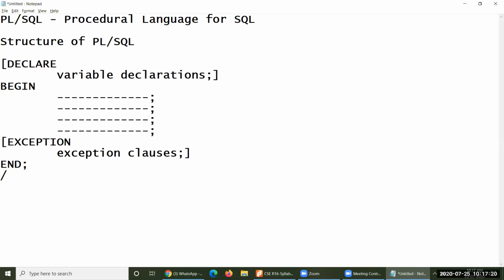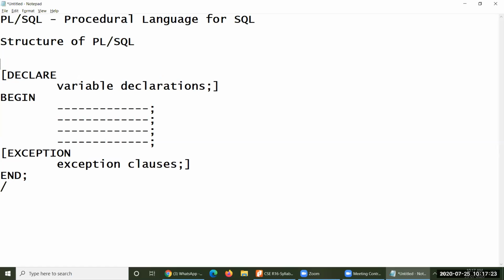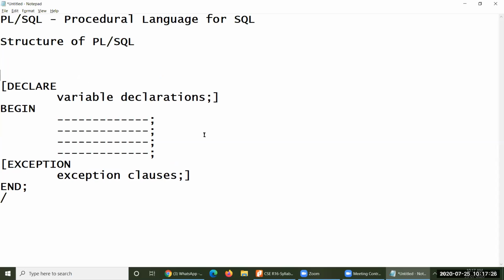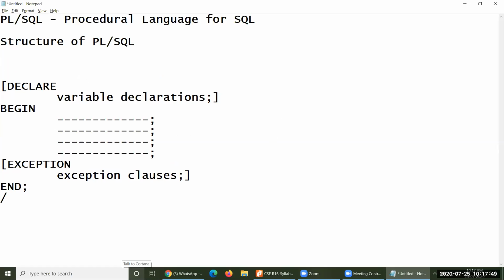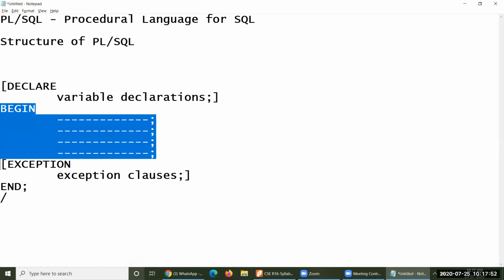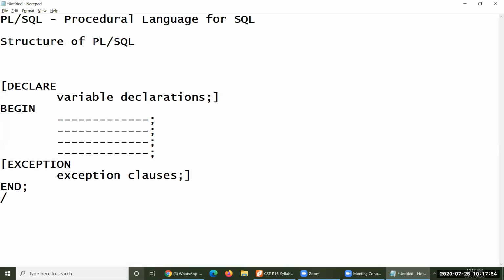And then, to run this particular program, it goes like this. This is the standard syntax of PL SQL. PL SQL will always get started like this. If you don't have any variables, there is no need to use the declare statement. If you just perform something like 10 plus 20, don't use the declaration even. Then your program starts with begin and executable statements, and finally it must end here. So this is the general procedure.